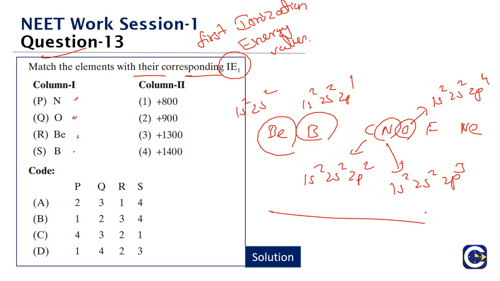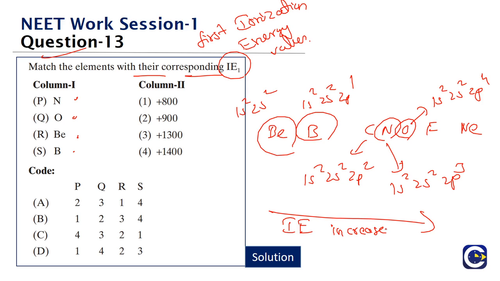Generally, when we move from left to right in a period, the ionization energy values will increase. This is because the size of the atom will decrease, and the effective nuclear charge acting on the outermost electrons also will increase. So the removal of an electron will become difficult. The electrons are under more influence of the nucleus, so it will be difficult to remove them. So ionization energy value will generally increase when we move from left to right.